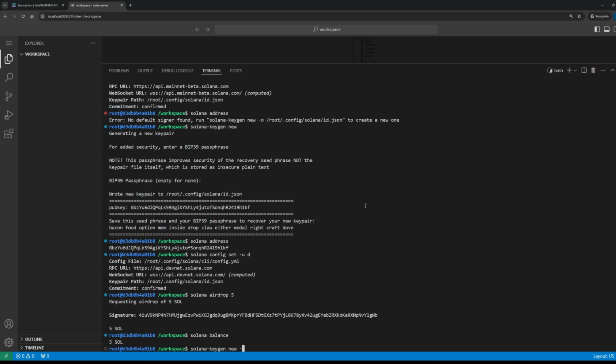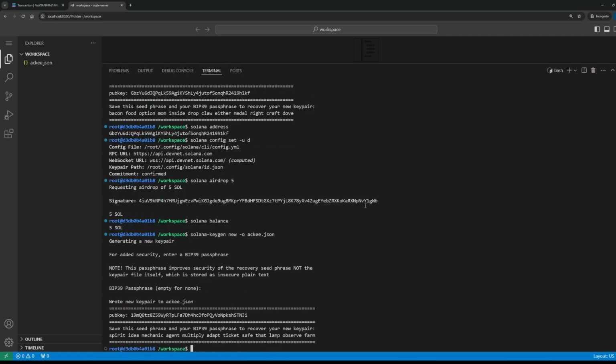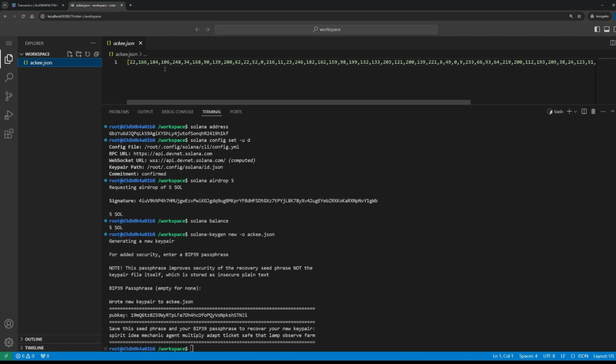So we can specify -o and eki.json, which is the output file of the key pair. Again, double enter, and you can see that we have already created this JSON file, which is actually a byte array of the private key.